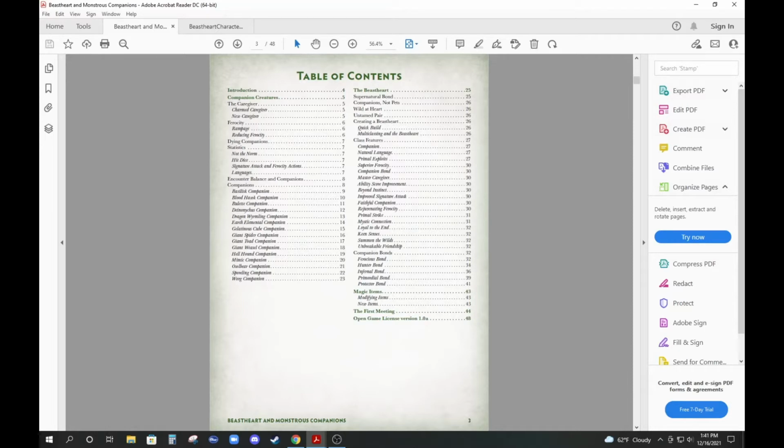So here we have our table of contents for the PDF. Again, it's 48 pages long, which is way more than I was expecting, but you know, with MCDM, they don't do anything halfway. They dive all the way in. So there's an introduction, there's companion creatures, which explains the idea of your player becoming a caregiver